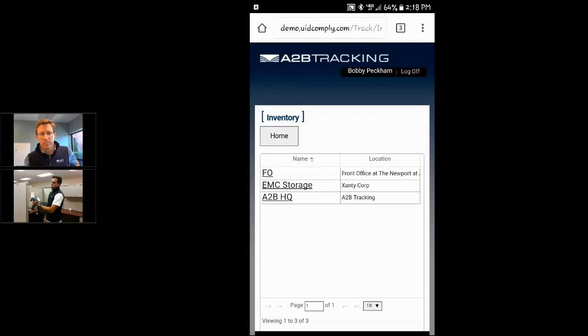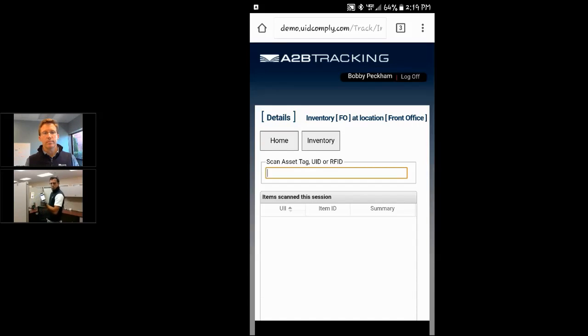So I'm going to choose my inventory. Again, with this interface, we've revealed some of the most critical aspects of UC Web on this device. So again, here's the inventory. I'm going to choose my inventory there. And now I'm brought to my scan screen. So now I'm ready to actually do my inventory. As it mentions here, you can scan an asset, a UID, or an RFID tag associated to an asset. So again, you can inventory 1D barcoded items, 2D or 2D UID, and now RFID for all our UC